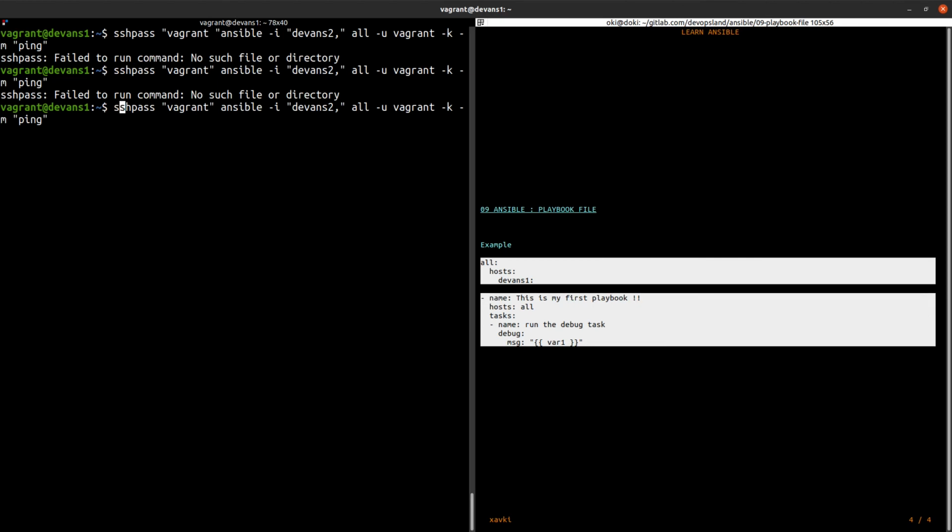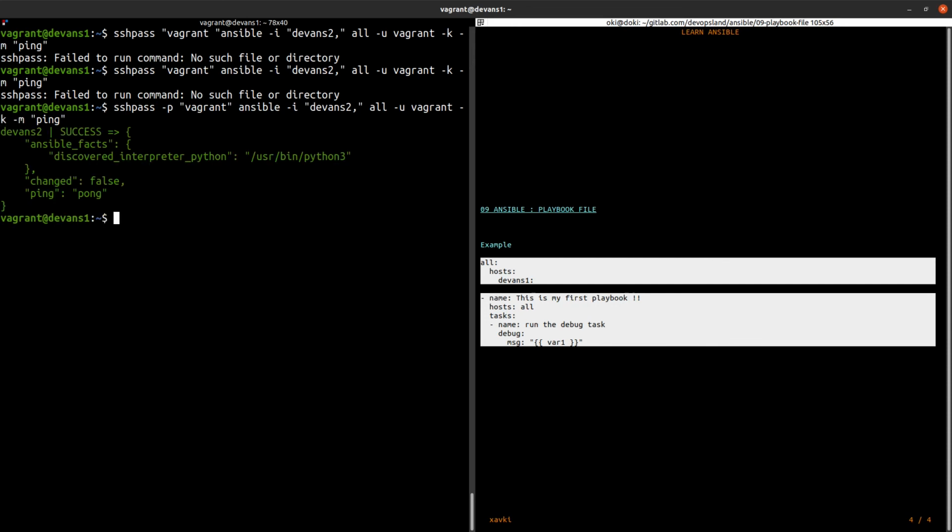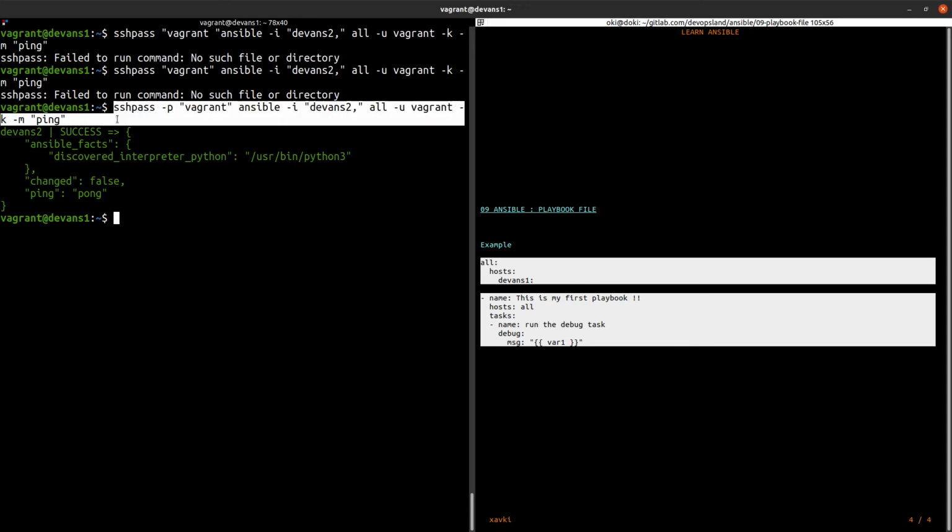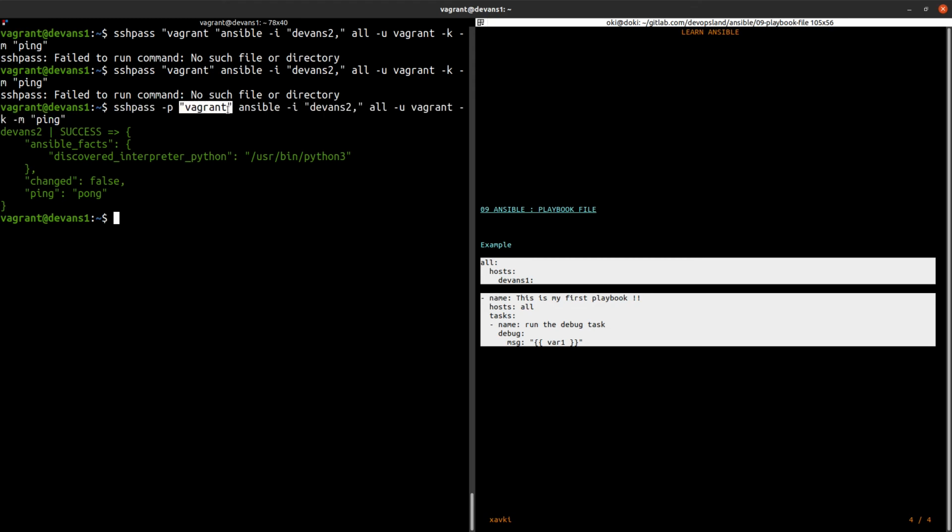So sshpass -p, because Ansible checks how you pass your password. In this case, we install sshpass and specify -p to enter our password, vagrant.